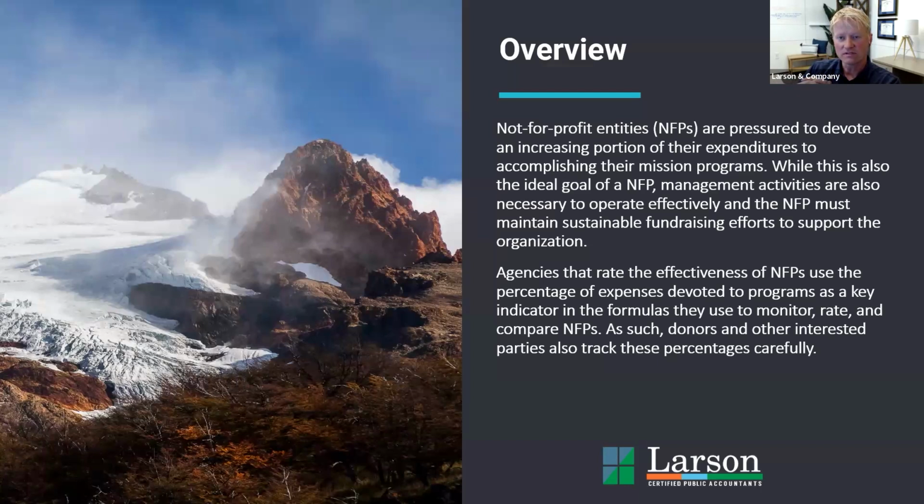But oftentimes the focus of donors or others that review financial statements is specifically on the program activities. So it is important to consider these other things. There are even agencies out there that rate the effectiveness of nonprofits, and they'll often look at expense ratios. They look at the statement of functional expenses, and they'll look at the ratio of the expenses that are going towards programs. And they kind of say, oh, the higher that number is, the more effective this nonprofit is,